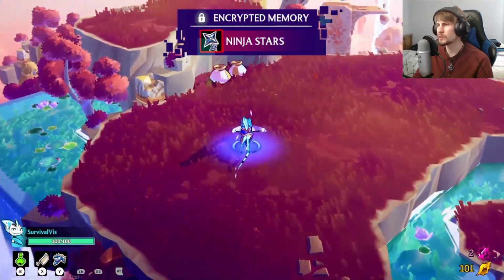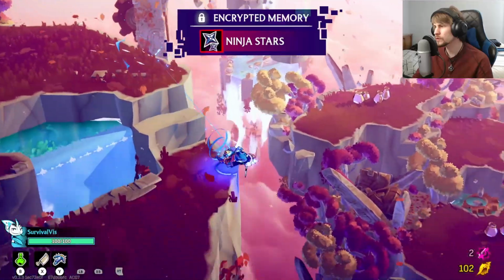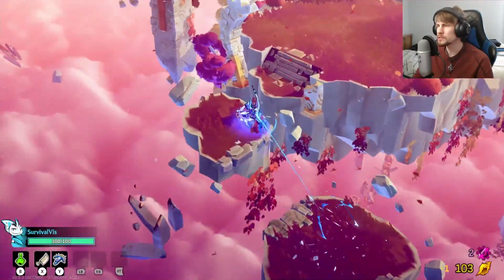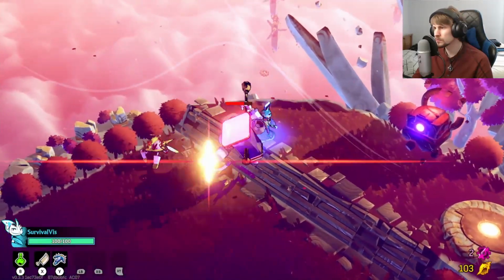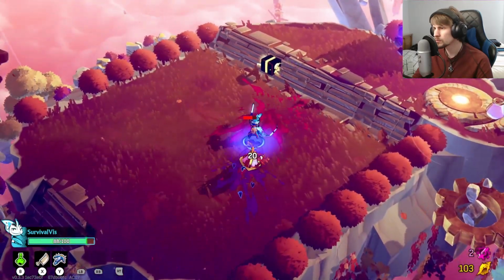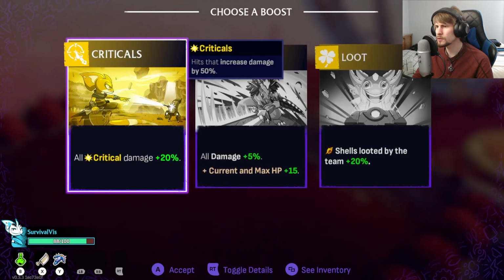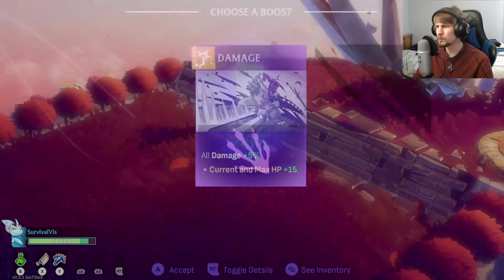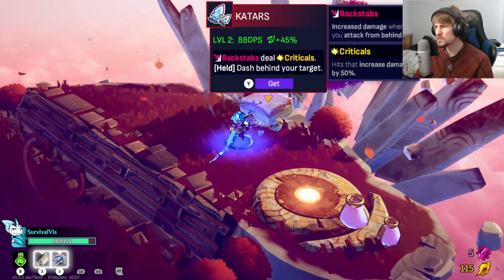Okay, Ninja Stars now are opened up as an option. But I saw back... Okay, maybe I have to go around and get down there. Yeah, right now, this combo for getting the Altera attacks off. All critical plus 20, all damage plus 5. Yeah, I'll take that one, because it does give us more health, too. So it also seems like